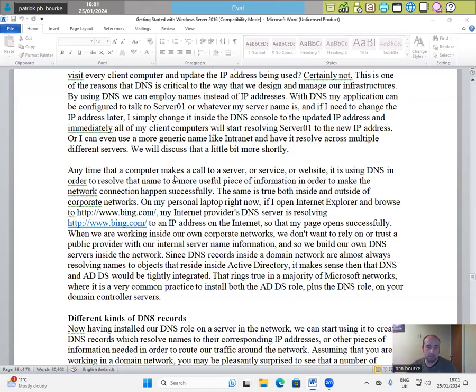Any time that a computer makes a call to a server or service or website, it is using DNS in order to resolve that name to a more useful piece of information in order to make the network connection happen successfully. The same is true both inside and outside of corporate networks. On my personal laptop right now, I open Internet Explorer and browse to http://bing.com. My internet provider's DNS server is resolving www.bing.com to an IP address on the internet so that my page